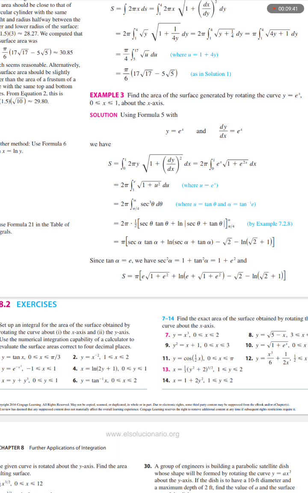of secant cubed theta d theta, where u equals tangent theta and alpha equals the inverse tangent of e, which equals 2 pi times 1/2 [secant theta tangent theta plus the natural log of the absolute value of secant theta plus tangent theta] on the interval from pi over 4 to alpha by example 7.2.8,